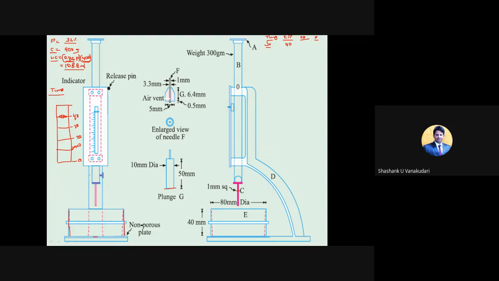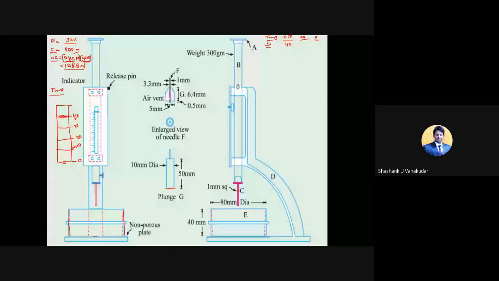So once you drop this pin or release this pin, you need to note down where exactly it is going to touch. Of course, as per our experiments, this entire indicator is going to reach 0 itself, because concrete will be fluid in its nature. So the initial reading will be 40 and the final reading will be 0. So what will be the penetration value now? 40 mm. Clear? 40 mm you got.